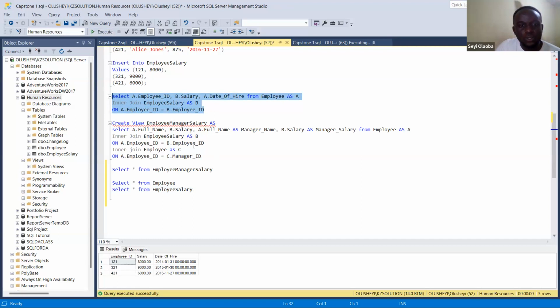The task also said we should create a view. So what I did was I selected the columns needed for the view, and I also joined the employee table and the employee salary table. But the view was to create an employee manager salary. So when I did that,